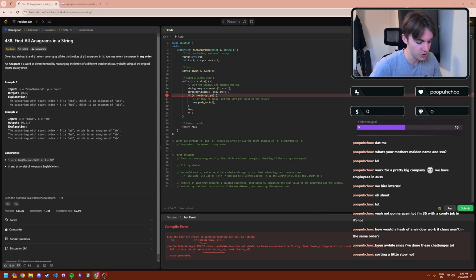Sorting's a little slow, no. Yeah, I thought maybe, but I couldn't think of anything else at the moment, so I thought I'd implement this and then try and improve it if we need to. I can't really think of anything else at the moment, so we'll go down this route for now. Yeah, I was thinking about different approaches maybe after, just so I've got something to show. Maybe, but